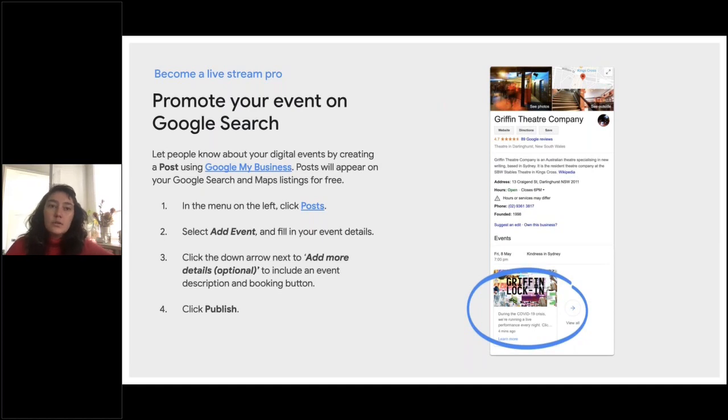So using something called Google My Business, which is a free account and as easy to set up as a Gmail account, you can click into posts and add and update details of maybe your online event. It's also a great way to make sure that you're keeping your usual audiences, community or benefactors up to date with how you're responding to the current circumstances, and having that front and center. If someone was to search you, you get a little panel that comes up on the right of search, so they don't even necessarily have to click into your website yet. It's just the first thing that pops up.